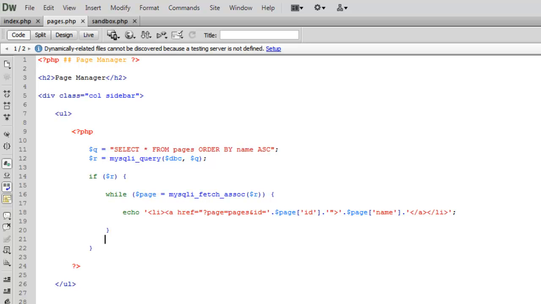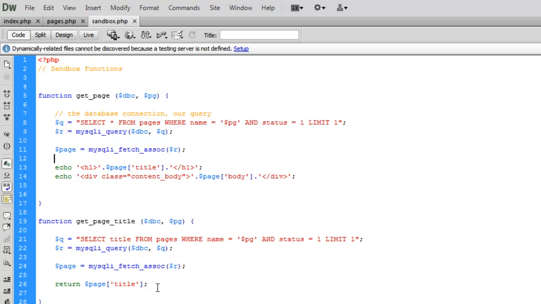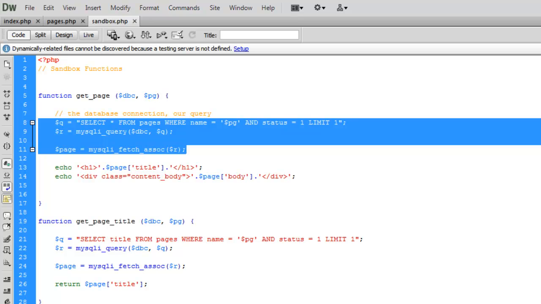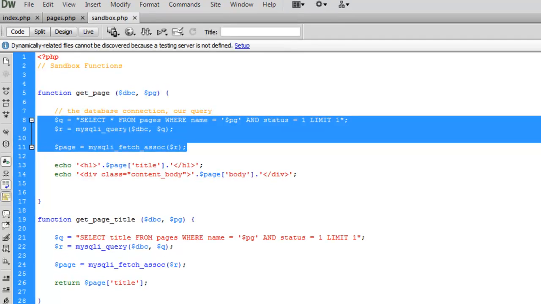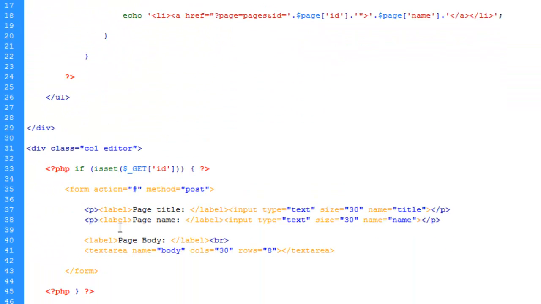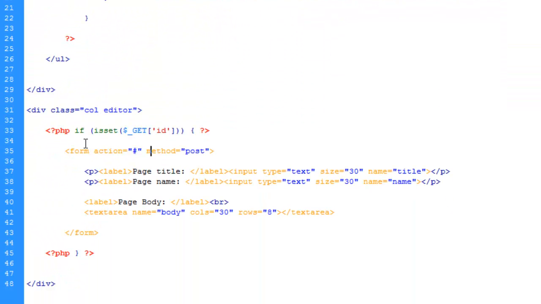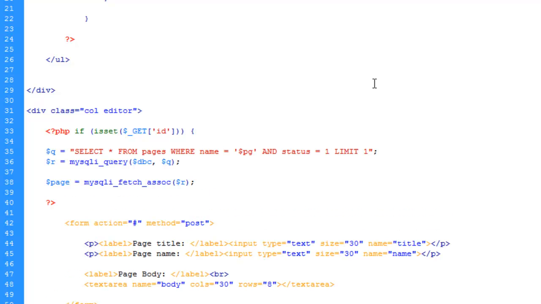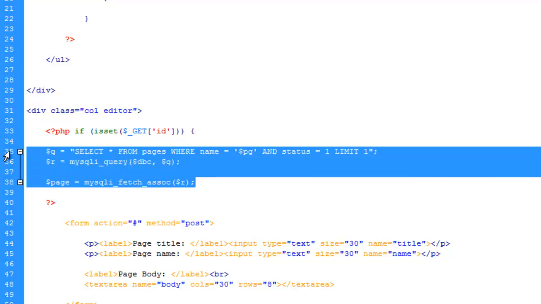In fact, let's do some shortcuts here, and we pretty much need this chunk here from get page. We want the page information. So let's copy this. We want the query, the result, and the array. So copy, and let's go ahead and give ourselves a couple lines here, and this is within the if statement, by the way, just so you know. And let's paste that in, maybe tab it out,